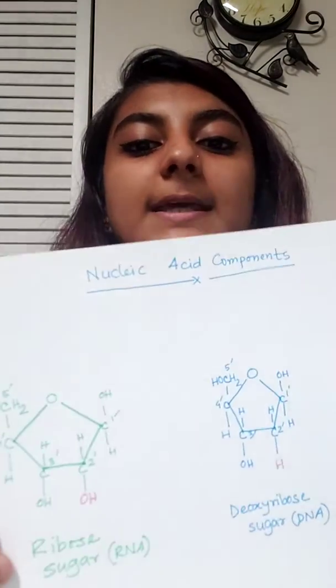Due to the helical structure, it has major and minor grooves, and in a stable DNA, the width of a helix is 2 nanometers and the width of a complete turn of a helix is 3.4 nanometers that contains 10 base pairs. Let's talk about the components of DNA.